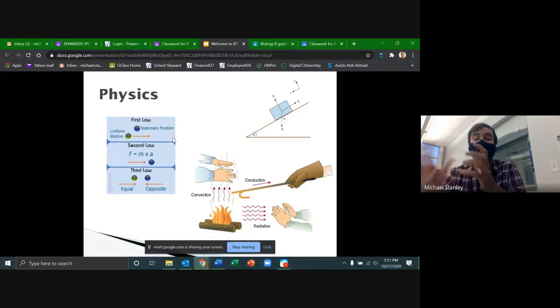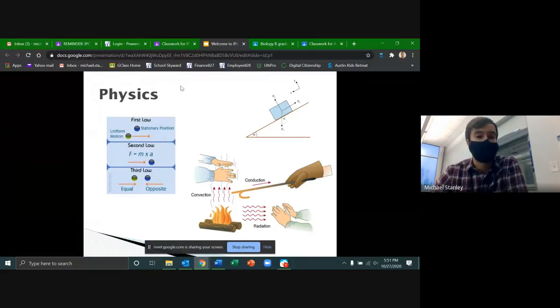Those are the major categories of stuff that we go through in this class. We'll talk a lot about the chemistry and how these different atoms and chemicals interact with each other, and we'll talk a little bit about physics.